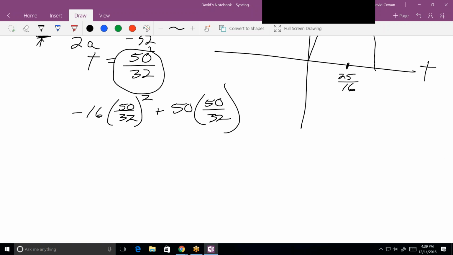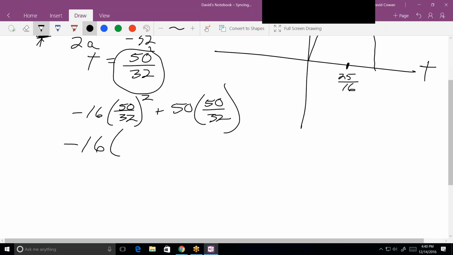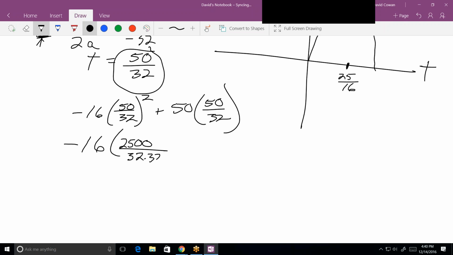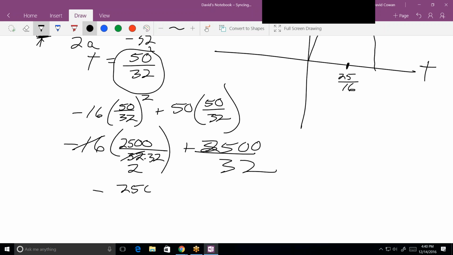If I reduce, that's 2,500 over 32 times 32, plus 2,500 over 32. I can cancel one of those 32s with that 16 and replace it with a 2. Now what we have is minus 2,500 over 64